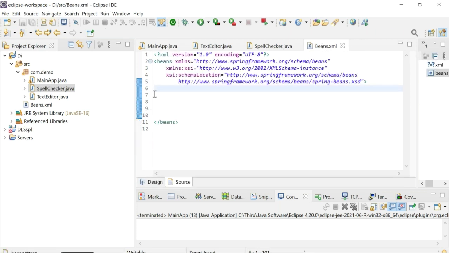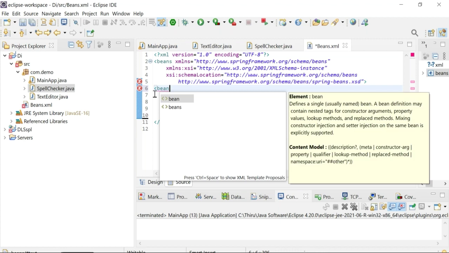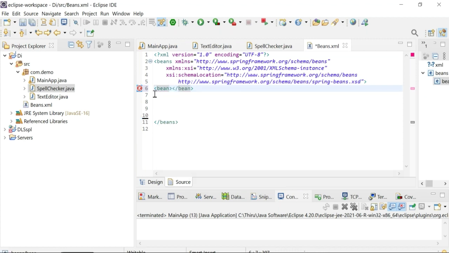Here we need to define both beans, that is the text editor as well as the spell checker bean. First the text editor: bean ID and then the class attribute.